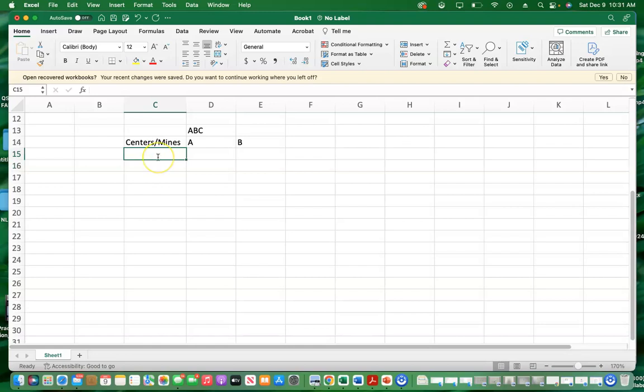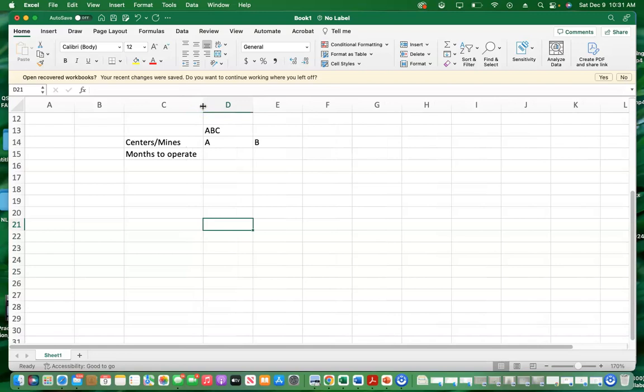Every month the company can add one more shift. And in this case, it is a decision that should be made how many months the company will operate. And so we can highlight this and define this as our changing variables